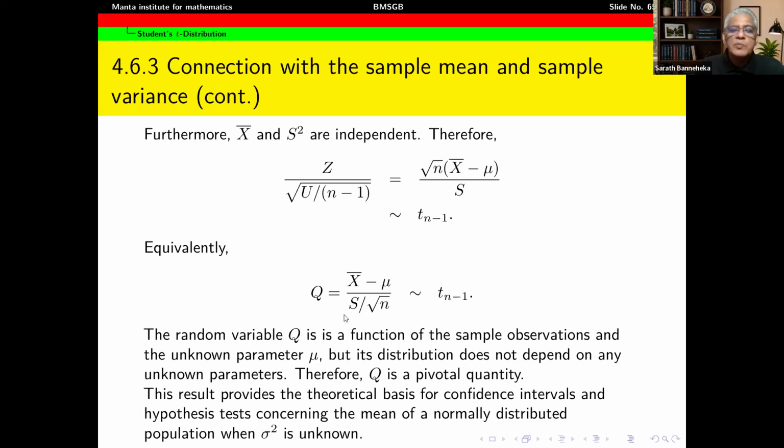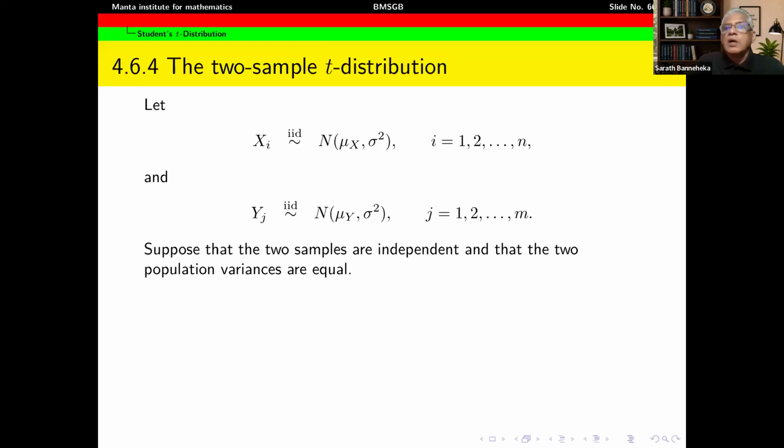So therefore, this quantity is a pivotal quantity, and it is a very useful pivotal quantity in statistical inference, especially when you want to test hypotheses concerning the mean of a normal distribution, and also when you want to construct a confidence interval for the mean of a normal distribution. So this will be used later on. In addition to that, I will also talk about the use of the T distribution in some other situations, especially